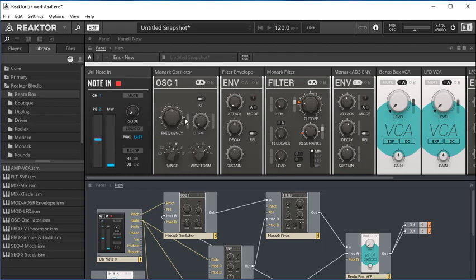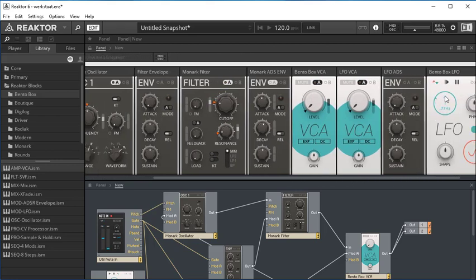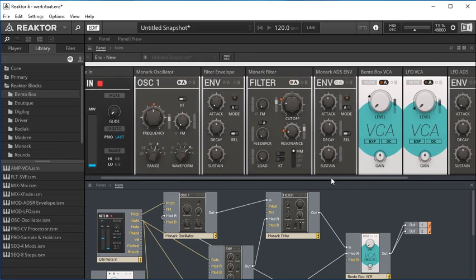So again, we come over here and we change the frequency. And you see all that little change. That doesn't really mean anything, but let's go ahead and make it a little bit more intense. Ooh, we now have a warble. It's not a very effective warble yet because our pulse is too slow, but now we have a sound that goes up and down. Now, if we increase the attack,